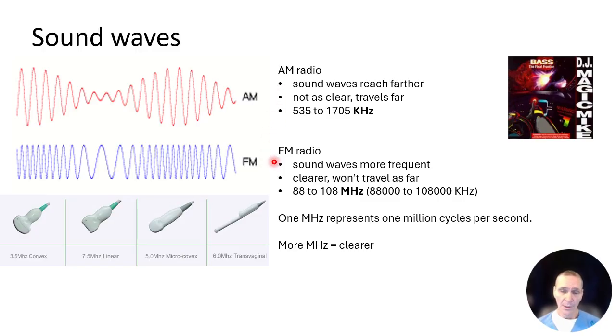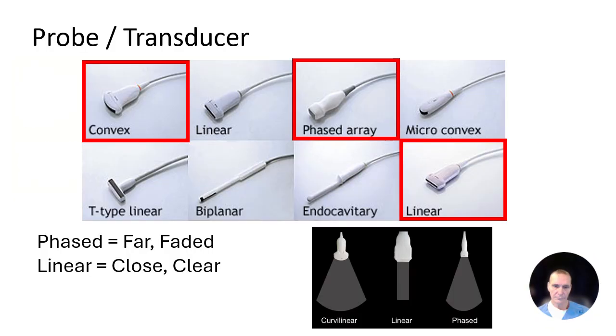So these probes are either at the lower end of a frequency or a higher frequency. The lower frequency probes will go deeper into the body. The higher frequency probes will give you a better image. So knowing that lower frequency probes give you more penetration and higher frequency probes give you clearer images,